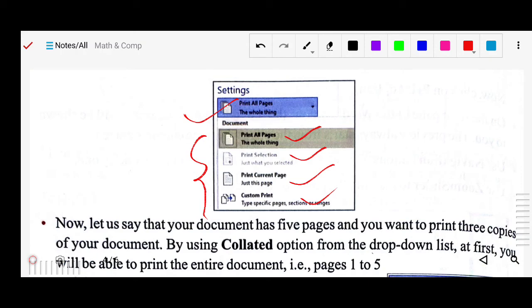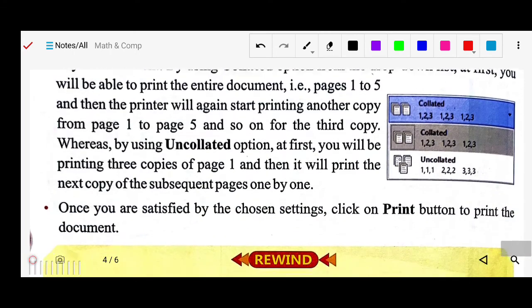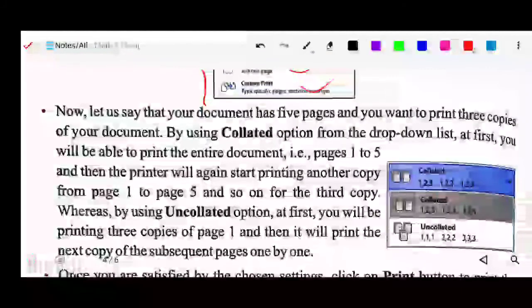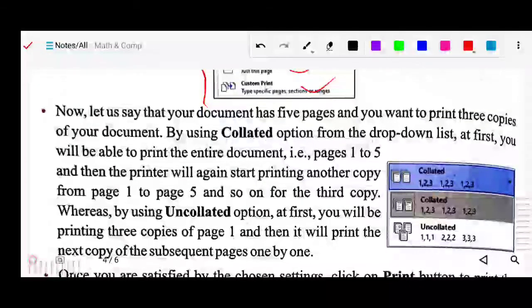Next we have collated and uncollated. So what is it? Collated means that by using the collated option from the drop-down list, you will first be able to print the entire document. Suppose you want 3 sets, 3 books, and each book has 5 pages.